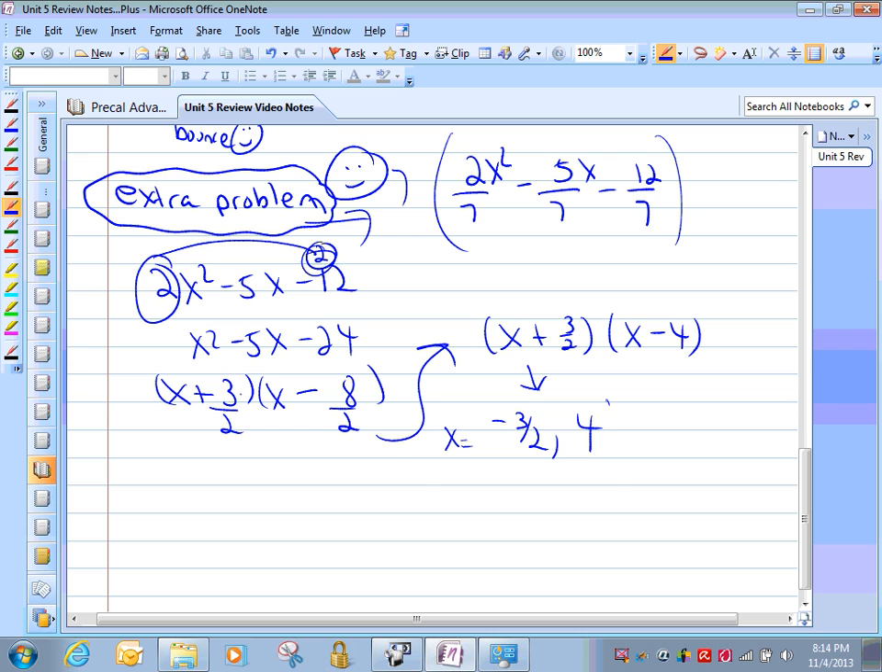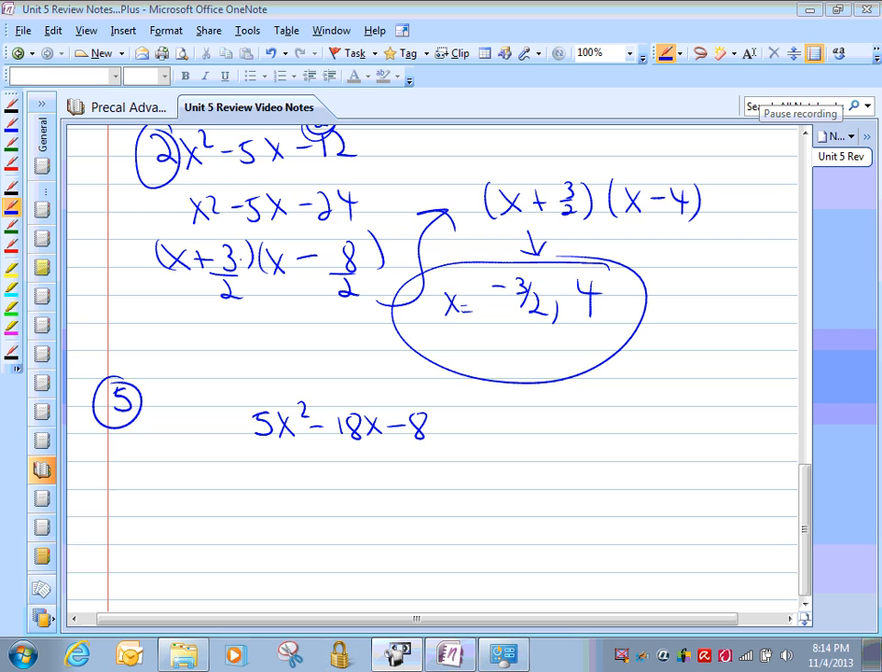and 4. Go Bearcats. All right, on this next problem, we're asked to use long division to divide, and we're